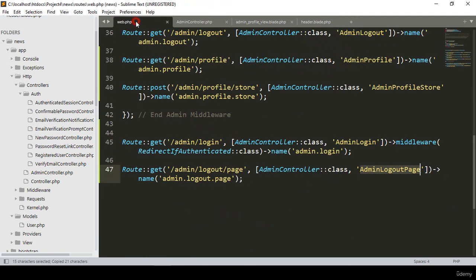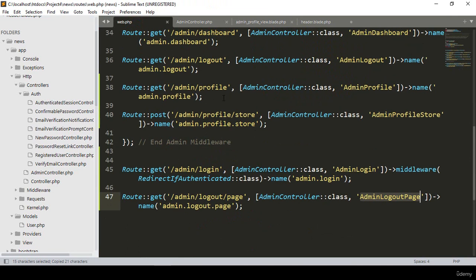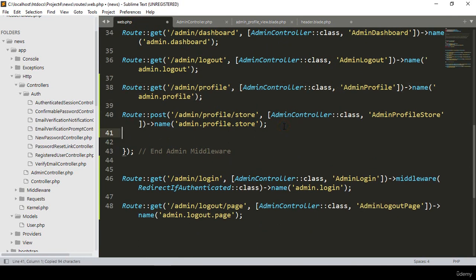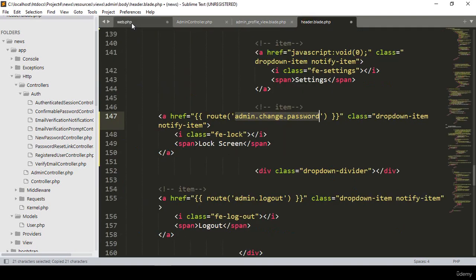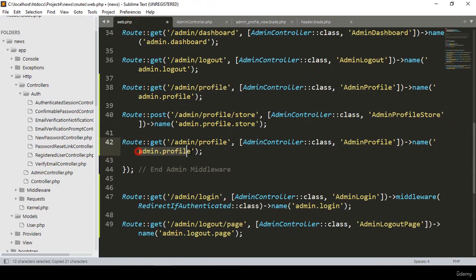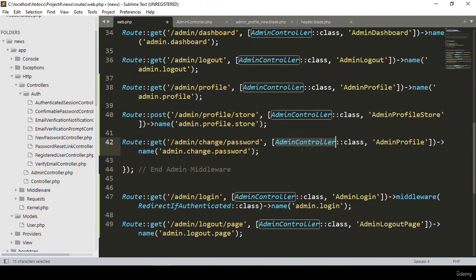I want to go to our web routes file, and that should also be protected, and that will be on the get method. Better I copy it, and after that I paste it. Okay, so now our name will be admin change password. Now that will be admin change password. I make it as admin.change.password. Okay, and in our admin controller, I want to create another new method as admin change